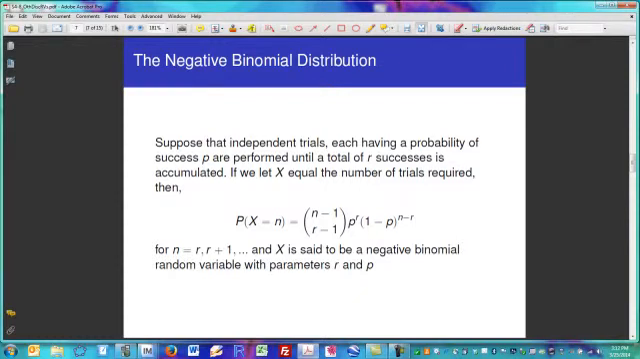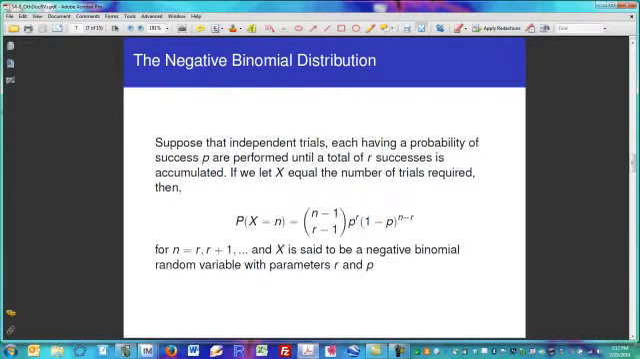If we let x equal the number of trials required, then the probability that x is equal to some value n is always n minus 1 choose r minus 1, probability of success raised to the r, that's the number of successes. In our case, that was 3. And then the probability of failure raised to the number of trials minus the number of successes, so that's how many failures you'll have. And notice that the support runs from r, the minimum number of successes that are required in the scenario, to a countably infinite number. We say x then is a negative binomial random variable and has 2 parameters here, r